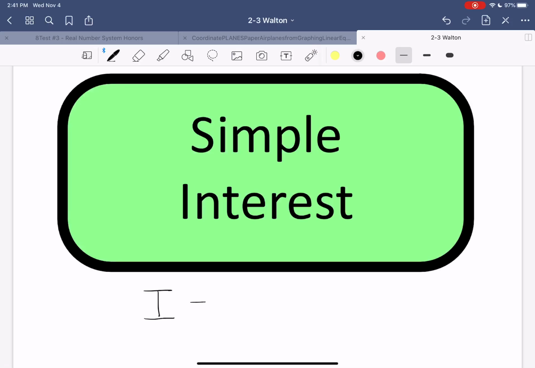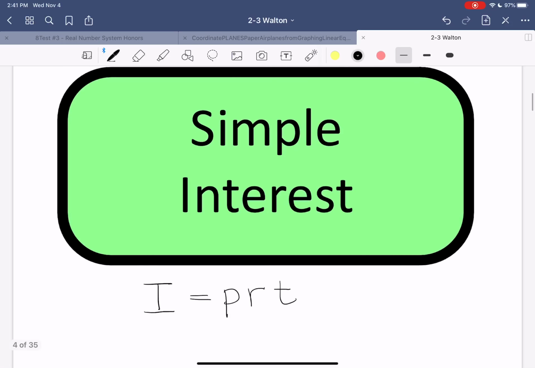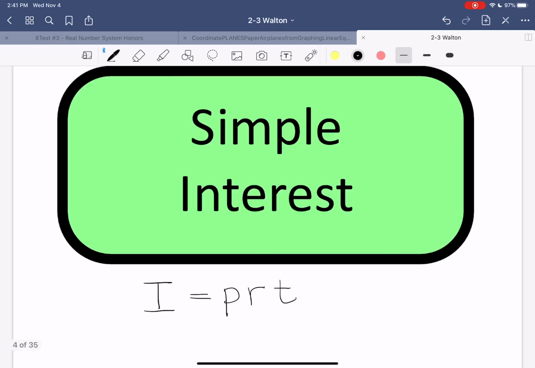I equals PRT. So each of these letters represents something specific. The I stands for interest earned or paid. The P stands for principal, which is the initial amount that is put into an account